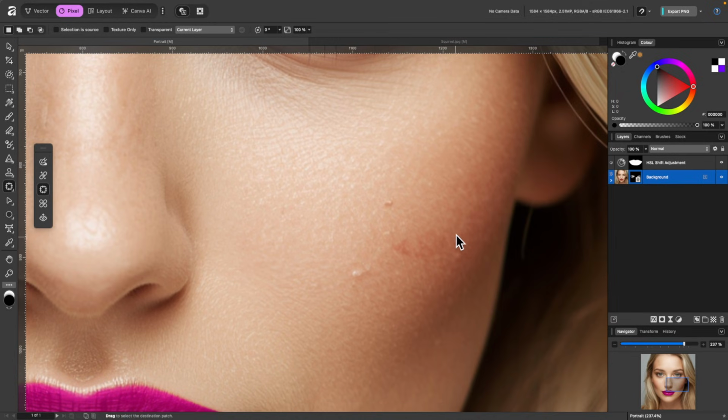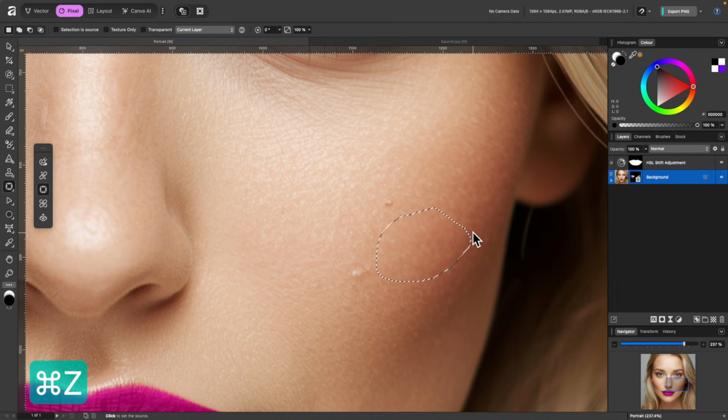So we've got this area again, a little bit of a blemish there. And what you do is just click and drag and just kind of select the area you want to replace and let go. Once you let go, wherever you move your cursor is basically what the selection area will be filled with. So you want to choose something kind of similar. So I'll just click up here. Yeah, maybe there. So I'll just click once and again, and that's done its job there. So that's one way of doing it.